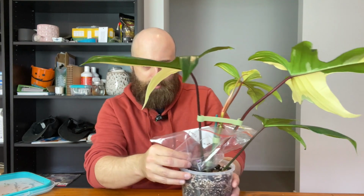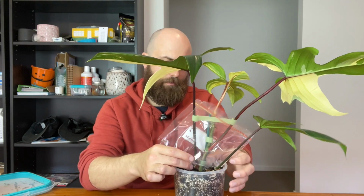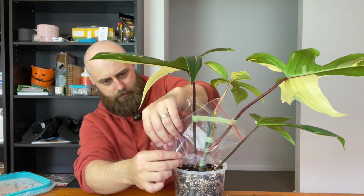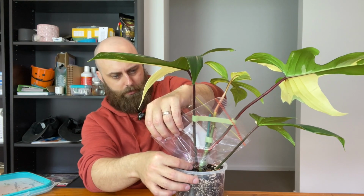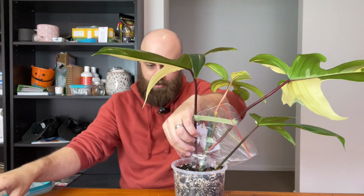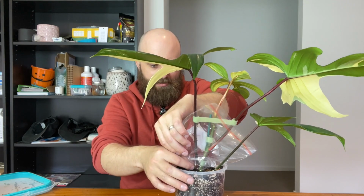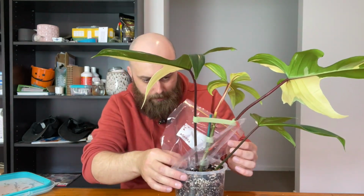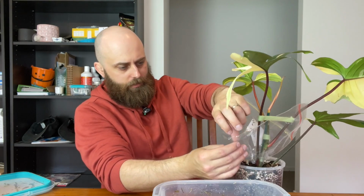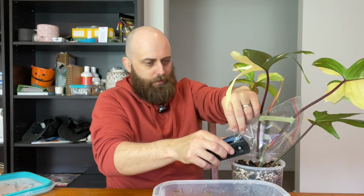Okay, so I'm just going to, how do I want to do this? I guess I want to staple as close to the plant here as possible to bring everything together. All right, there we go. Boom. Doesn't have to be perfect. There is a bit of a gap there. But again, as I said, I want any excess water to just flow through. I should probably finish stapling up the side of the bag here so that I can form my little pocket